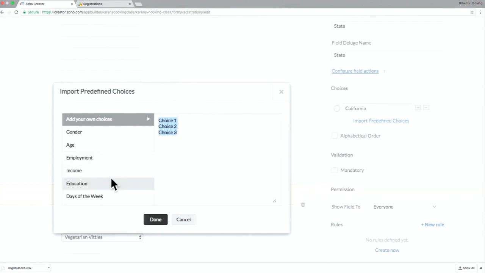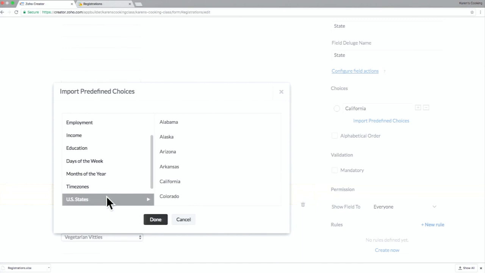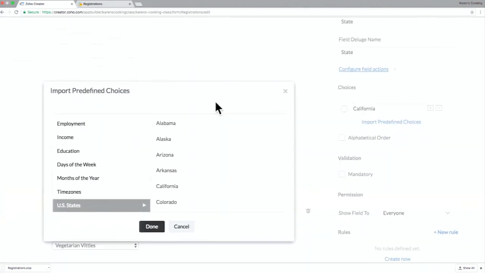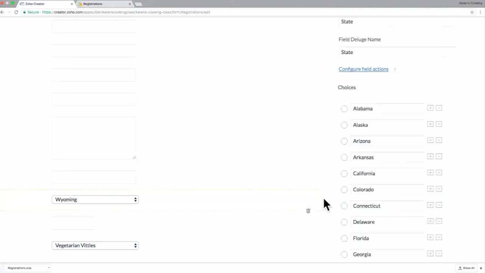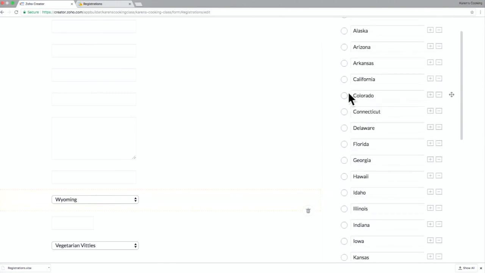We have education, days of week, etc. Let's choose US states here, correct? And let's click on done. We see all the states are being listed here. So that is what import predefined choices does.